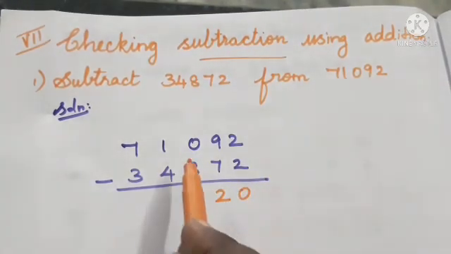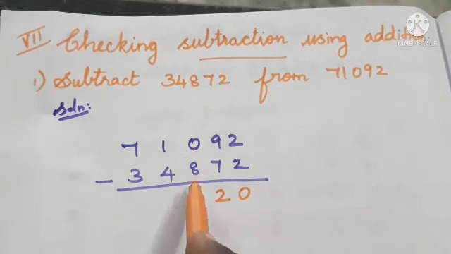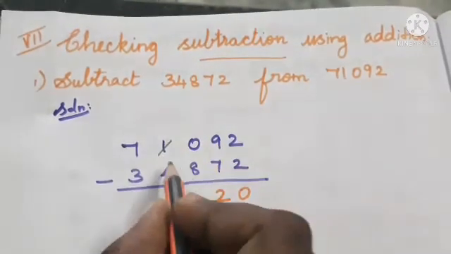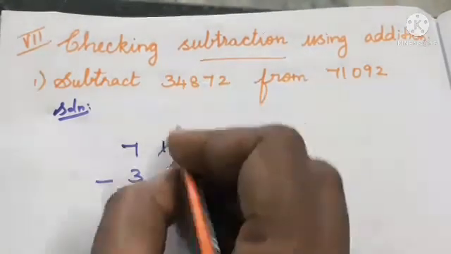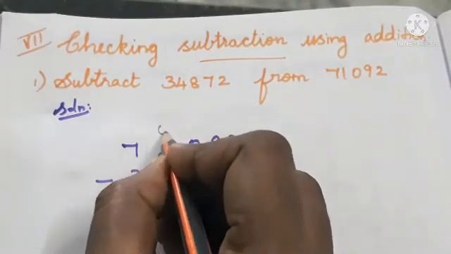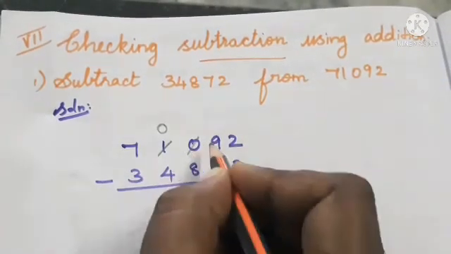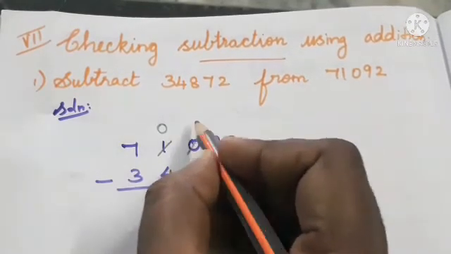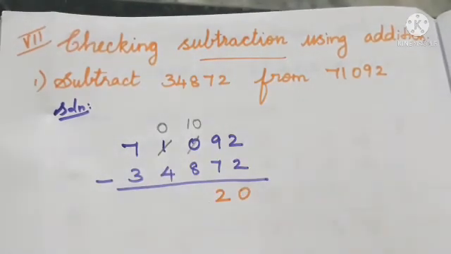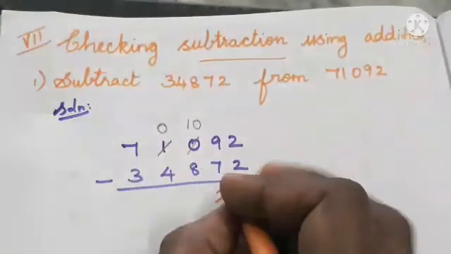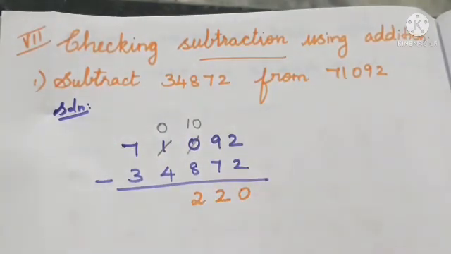Next we have 0 minus 8. 0 is less than 8 now. So what do we have to do? We have to borrow a number from the next value. The next value is 1. If we take a number from 1, the 1 changes to 0, and this 0 gets a number on the left side: 1 and 0, so now we have 10. So 10 minus 8. Keep 10 in the mind, take 8 in the finger. From 10 count back 9, 8, 7, 6, 5, 4, 3, 2. So we got 2 as the answer, isn't it? Next, 0 minus 4.